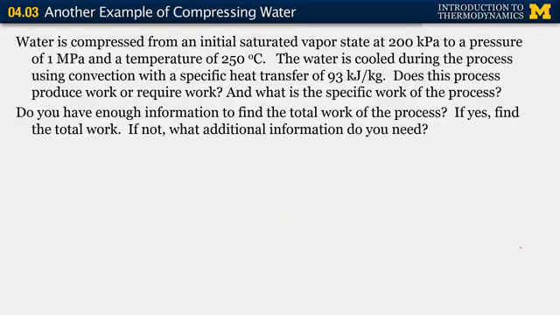Okay, so what I want you to think about now, we've gone through this analysis. Do you have enough information to determine the total work for the process? We evaluated the specific work, the kilojoules per kilogram, the work per unit mass in the system. Do we have enough information to find the total work, if we do the calculation? If not, tell me what information you need to find the total